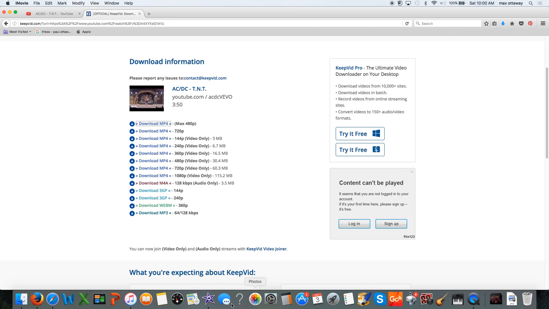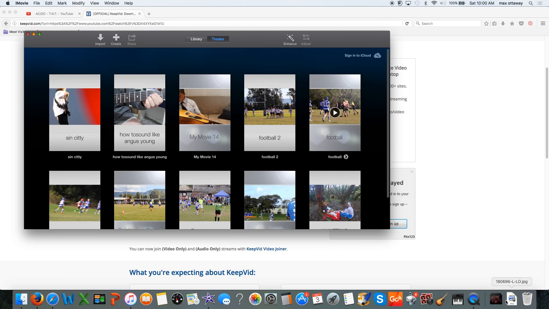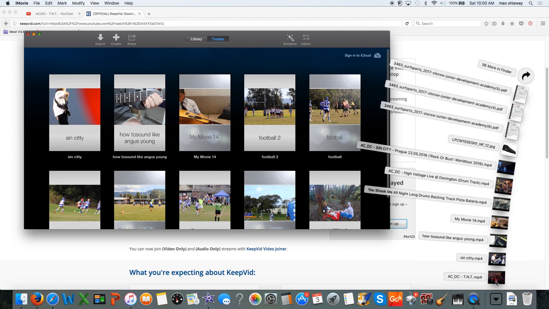It should open up iMovie, and once it downloads, I'll just see how much. Okay, so it's downloaded. It's going to say the document cannot open in iMovie, or it might open. So you press OK, but that's alright because it's uploaded